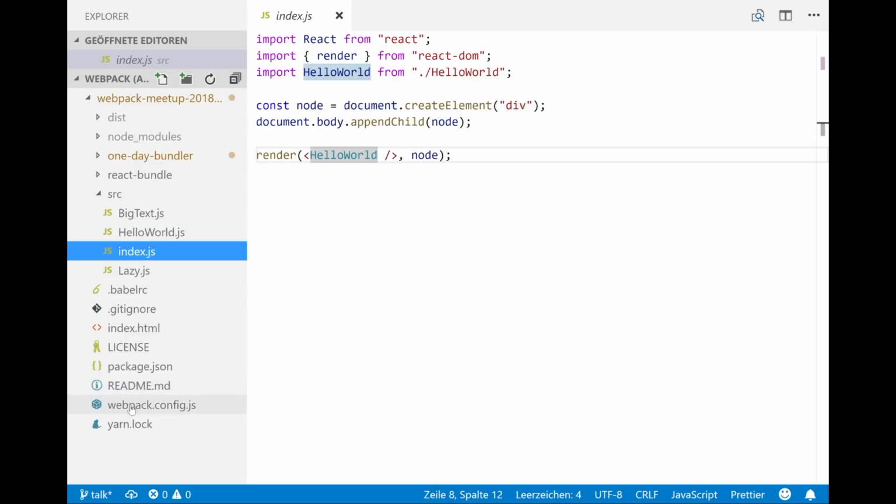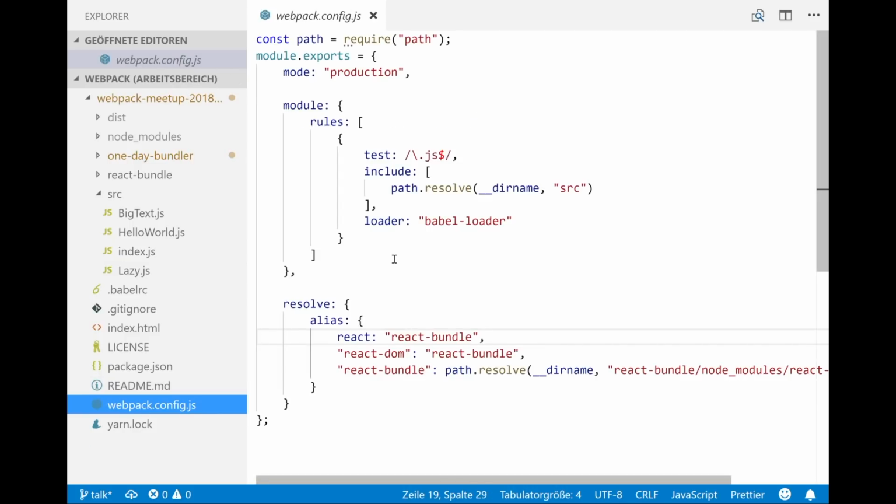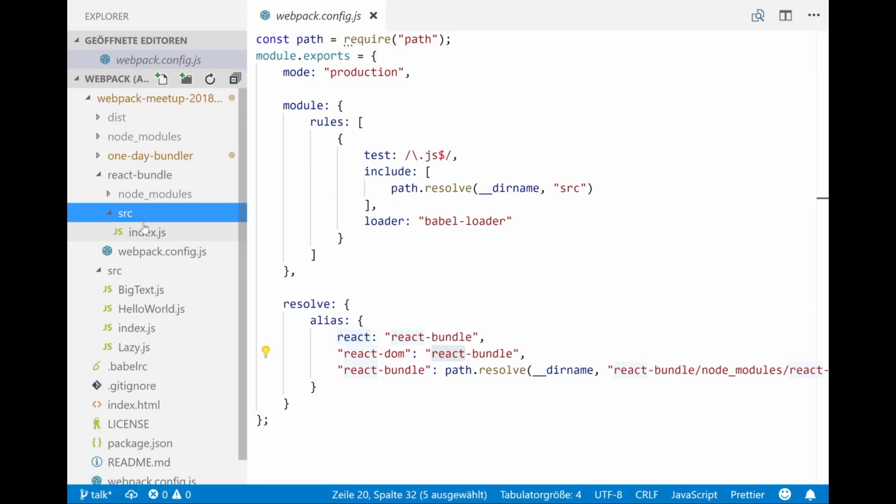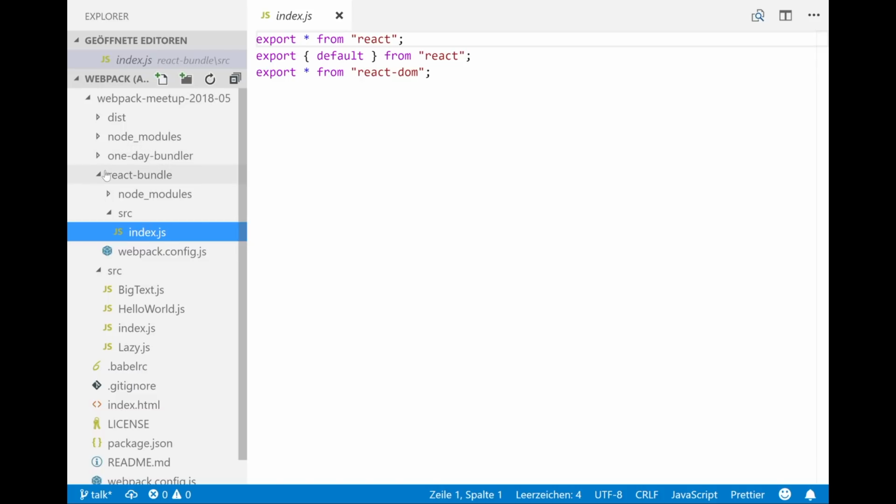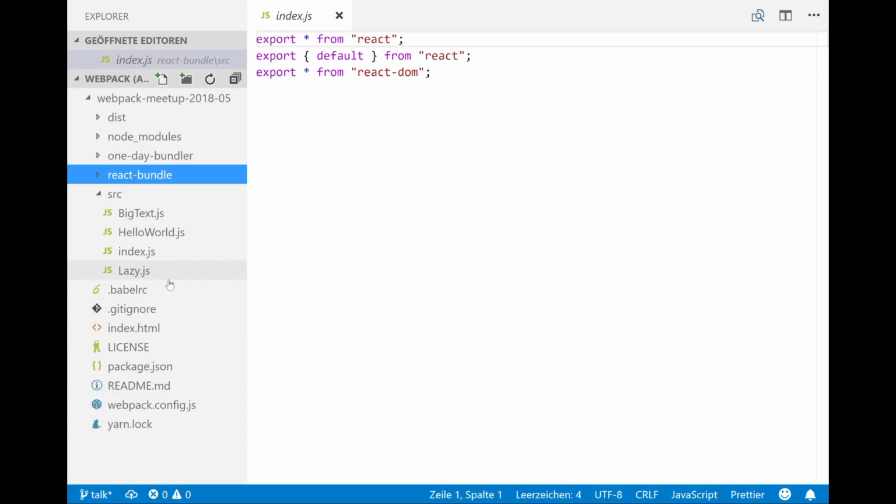In this case, I bundle this with Webpack, so some basic configuration here. Always production mode is cool. And we use a Babel loader. Because I want to try to bundle this application without Webpack, just by coding, I did some small modification. React is about 10 modules in NPM, so I pre-bundled React, and mapped React and React DOM to this React bundle, which is built here. It's pretty simple, just importing everything from React. So it's easier for me to manage in this live demonstration.